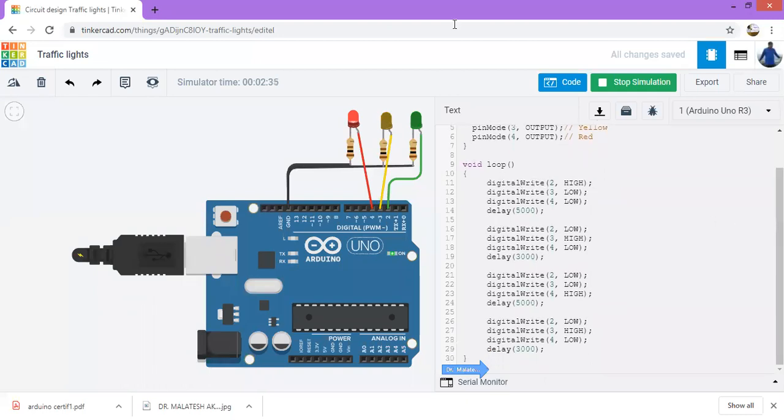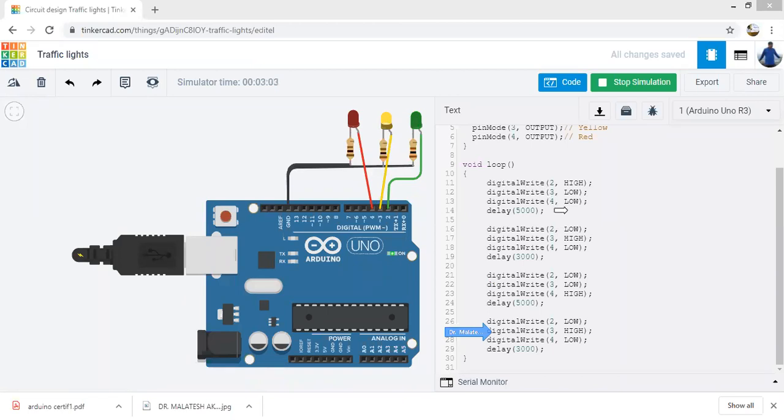As I said, block 1, block 2, this is block 3. Block 1, block 2, block 3. This is block 2 again. So you can observe now the pin number 2 is the green, this is yellow, and this is red.